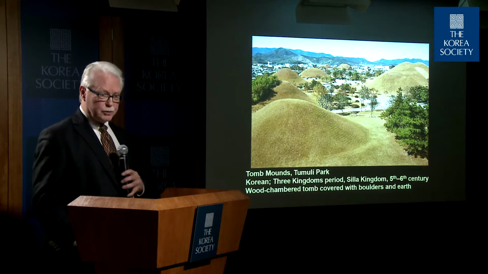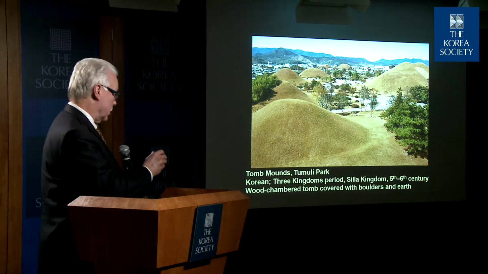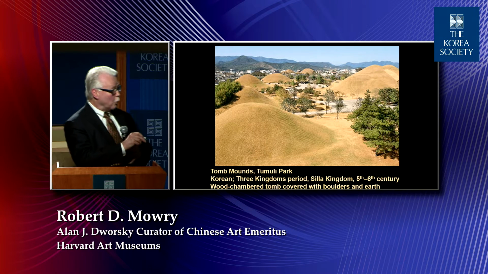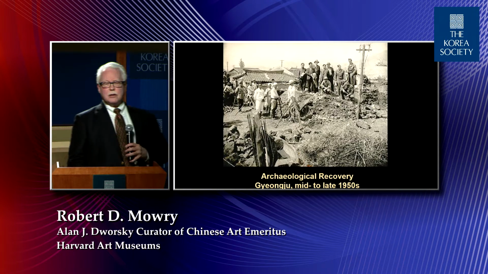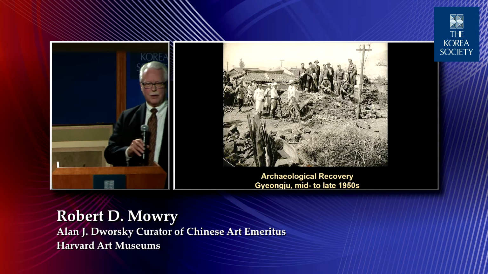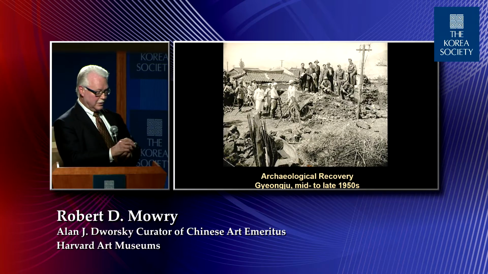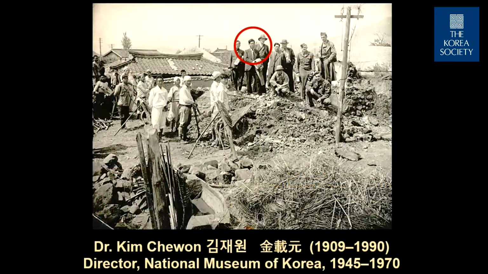Another view with lots of royal tombs there in Gyeongju. These, as royal tombs, have not been excavated. One of them has, the famous flying horse tomb, but it shows you what they look like. Now, this is a series of archaeological excavations done in the 1950s, just to show you how different conditions were at that time. And the reason that fellow there, Kim Jae-won, is circled, he was my first teacher about Korean